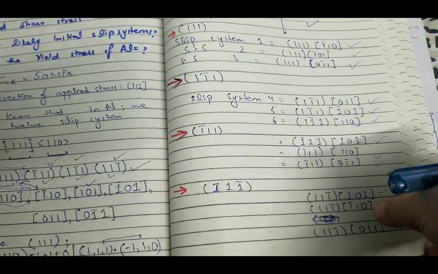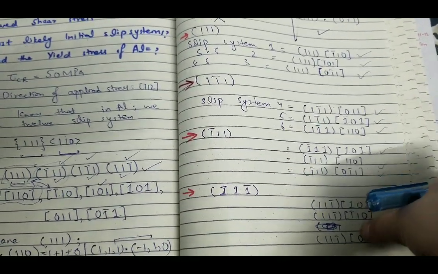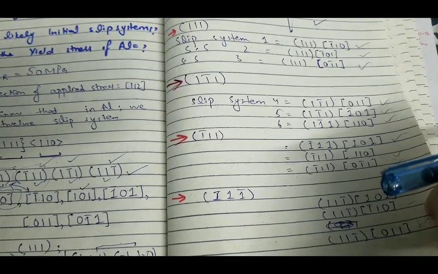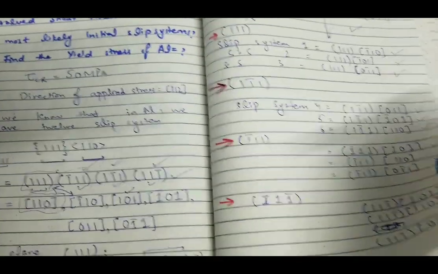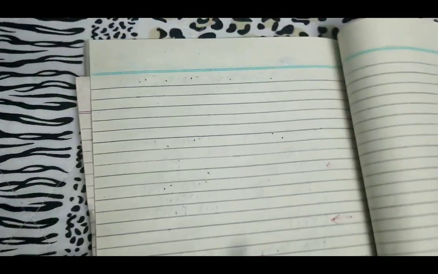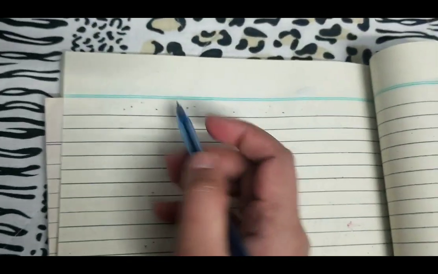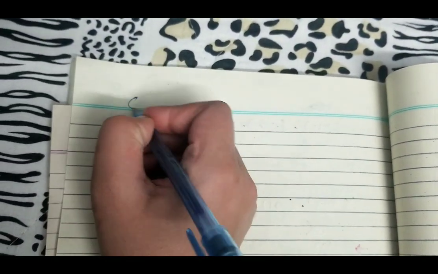I can't do it for all of them, it will become too lengthy. The process is easy, and I have shown it for one of the planes. Now you can do it on your own. Now we know all of the slip directions. Okay, we'll proceed with, we know that